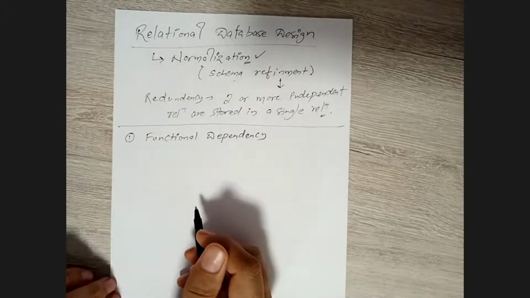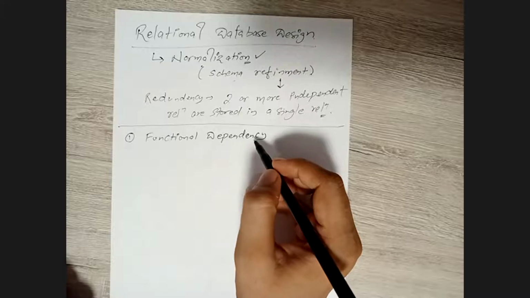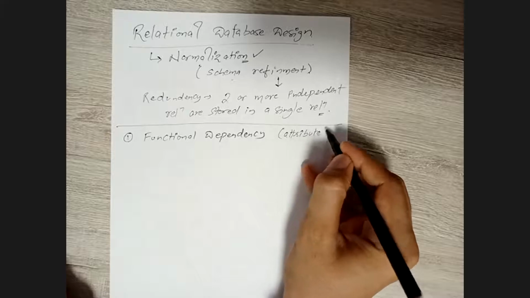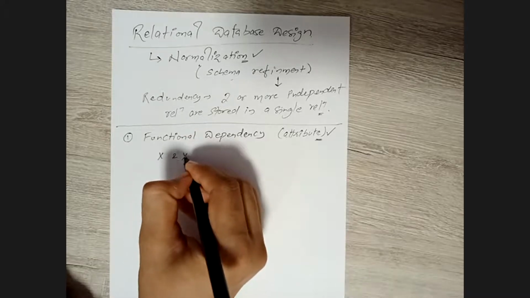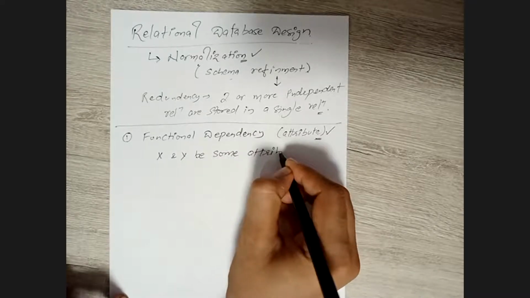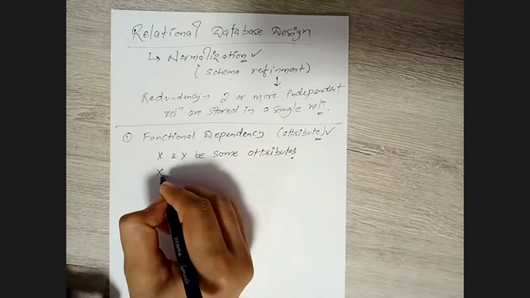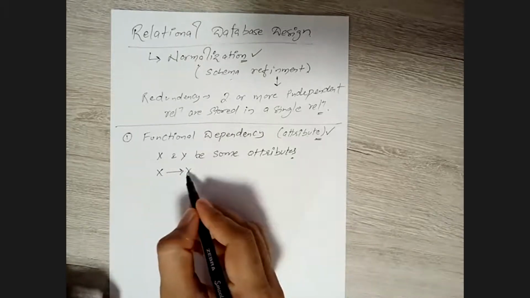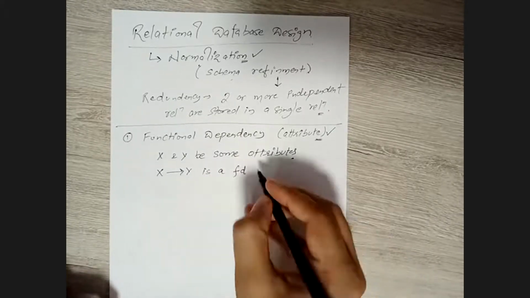So I'm just writing, just pay attention over here. For example, functional dependency. Always remember, we find the functional dependency over attributes only, right? This is a feature of attributes over here, right? So now understand, I'm saying X and Y are some attributes over here. Okay, fine so far. Now I am saying that the representation is something like this, X arrow Y. I'm saying that X arrow Y is a functional dependency. In short, I'm writing FD, right?